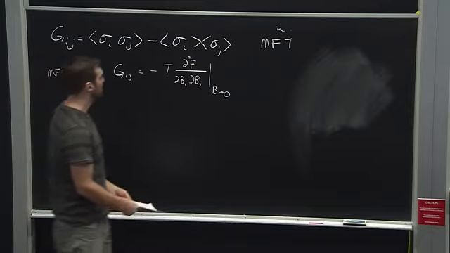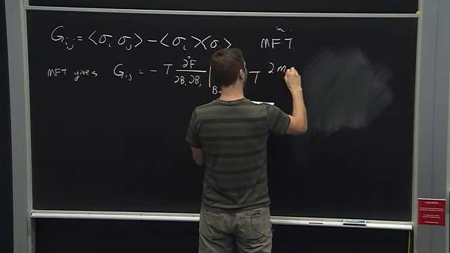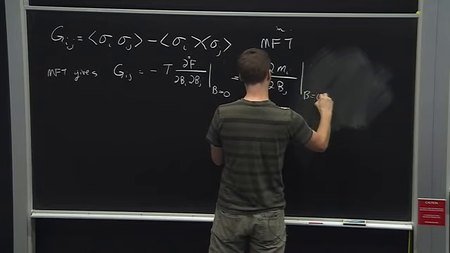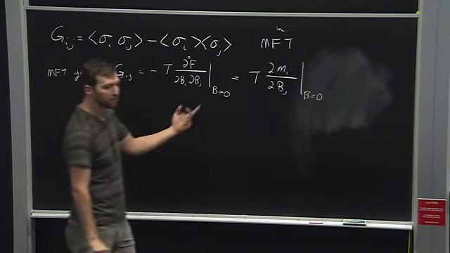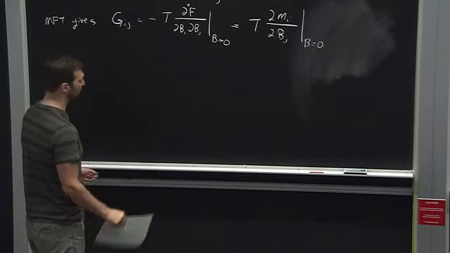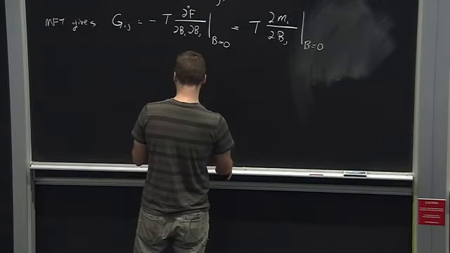So we showed that this is equal to the derivative of the mean field magnetization on site, M_i. And from that we derived something like